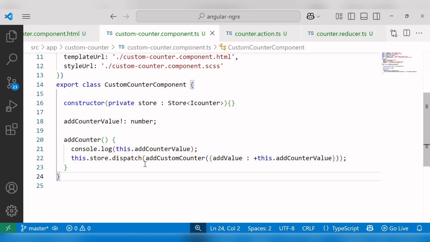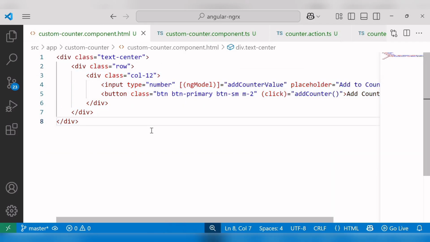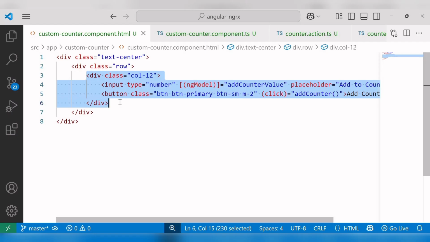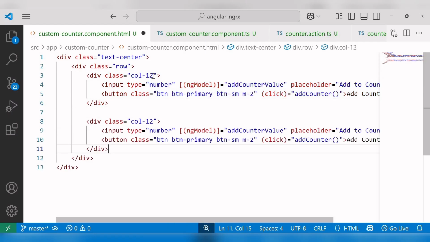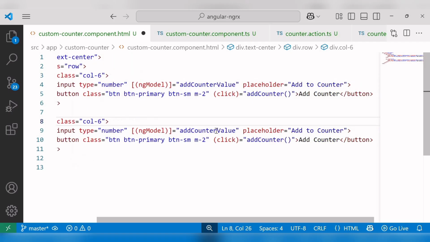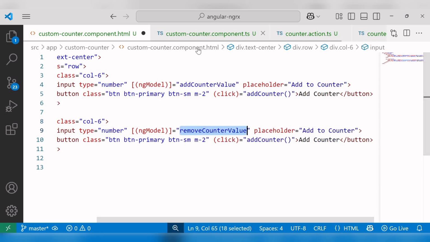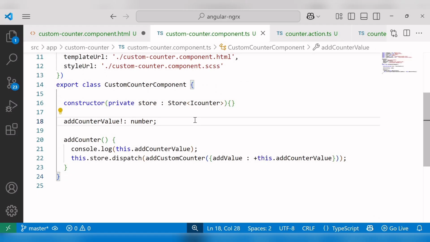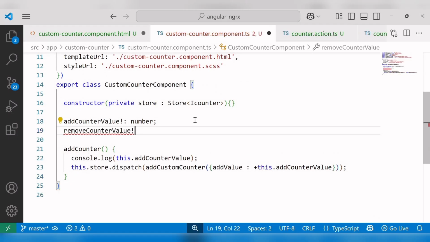Now, in the same way, we can also remove counter values based on user input. So let's quickly implement this feature as well. To do this, I'll update the UI to include a remove counter input field and button. So here, let me update this column to 6 and this to 6. Let's update the variable name. Instead of add, I'll write remove counter variable, and let's define the same counter variable inside the class file of